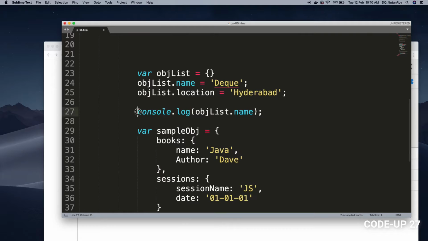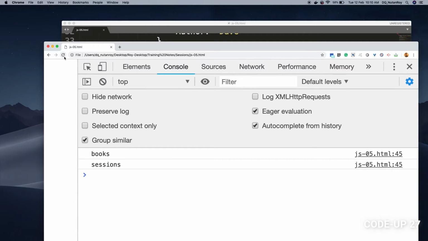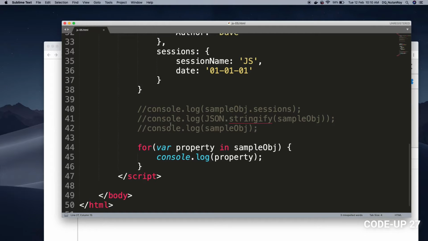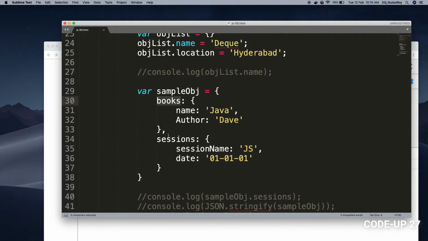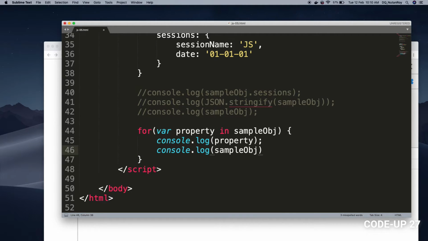Let me comment this also. Okay, I am commenting everything. This object list name also. So we have only one console within the for loop. What we are getting? We are getting the keys. These are the keys, right? So here these are acting like the 0, 1, 2 in an array. But these are not indexes, these are keys. So using these keys, you can access